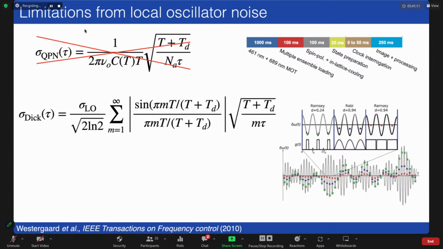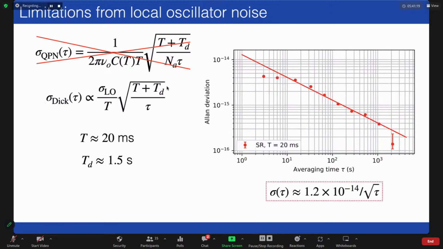So instead of having this kind of nice, clean, very intuitive expression, we have this quite messy, I have to say, and frustrating expression. We can sort of simplify this a little bit, and we get something that looks like this. So basically, the Dicke noise for one of these clocks scales as the noise on the local oscillator itself, the instability of the local oscillator, and then it still scales as you expect with things like square root of the interrogation time and square root of the total measurement time, but it doesn't anymore do things like scaling with